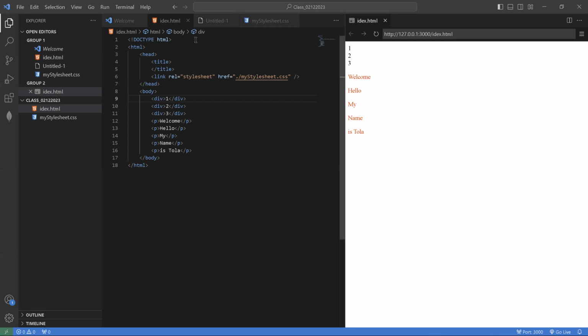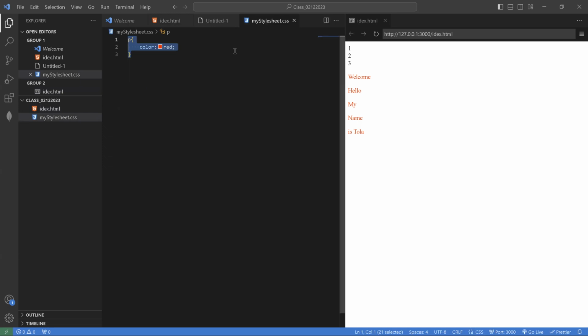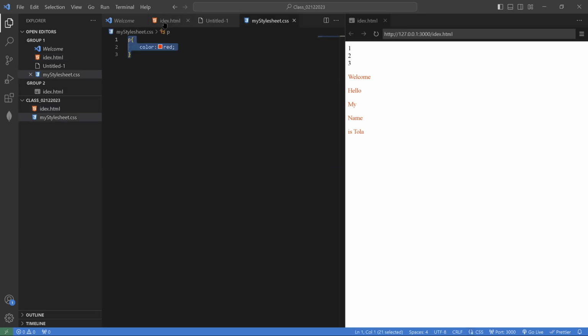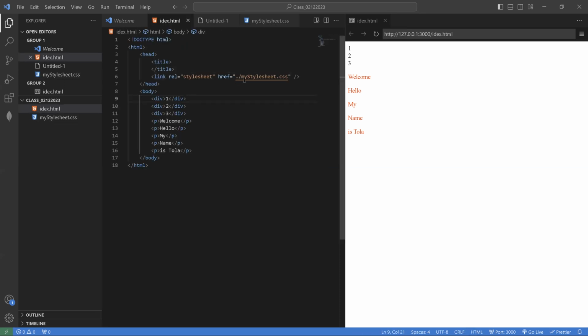So now you can see that this is outside your HTML. And for you to link this style sheet to your HTML,